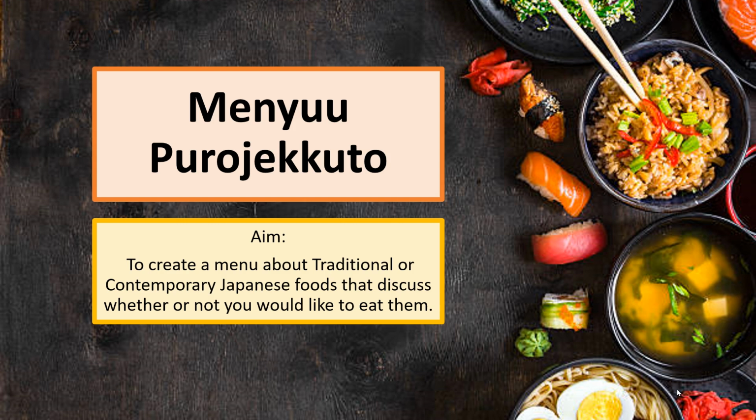So for the Japanese part of this, we have covered a couple of verbs and a couple of ways to say things in Japanese. Because I've had to turn this into a speaking assessment, I've added a few more grammar structures and sentences that you can add to flesh out each part of the menu project.